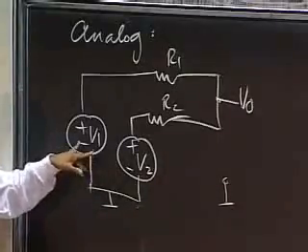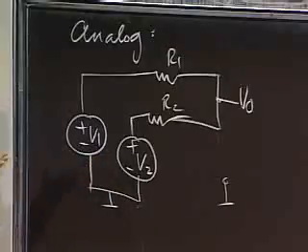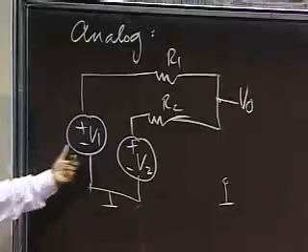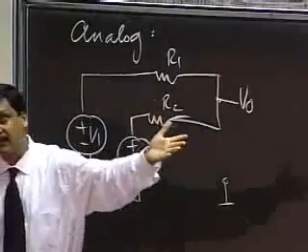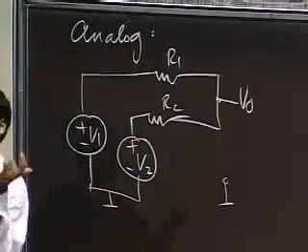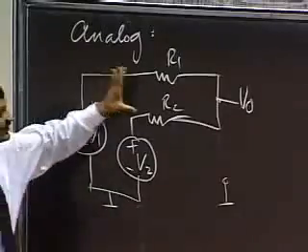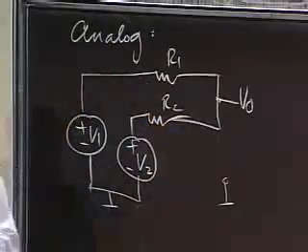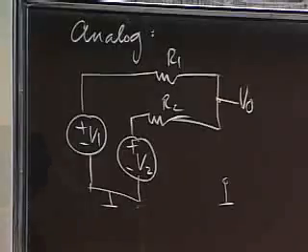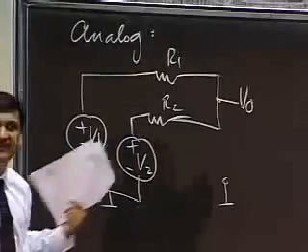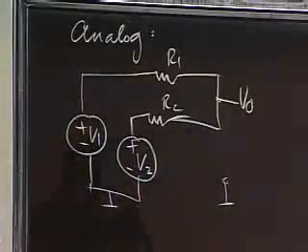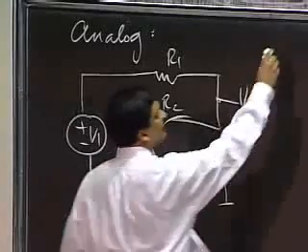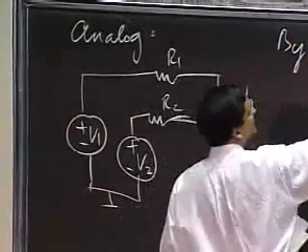So in this example, V1 and V2 may be outputs of two sensors, maybe heat sensors or something like that. This is a heat sensor on that side of the room, and this is a heat sensor on this side of the room. And I pass their signals through two resistors, and I look at the voltage there. So by now you should be able to write the answer V0 almost by inspection. Okay, just to show you, let me use.